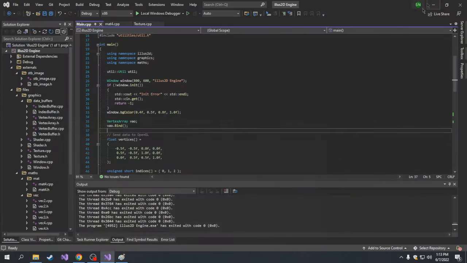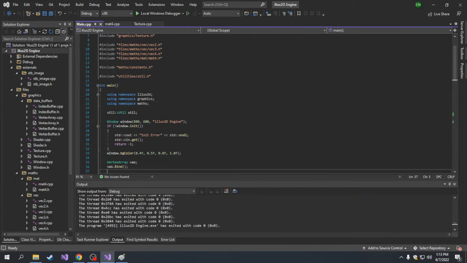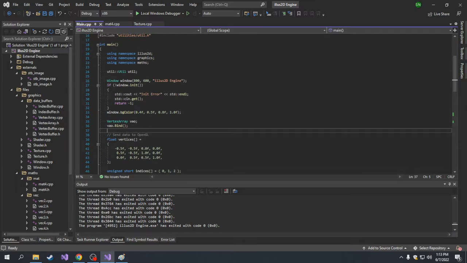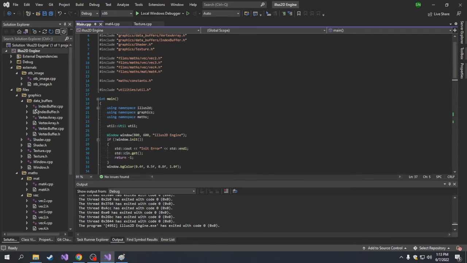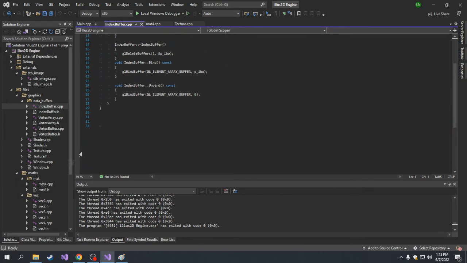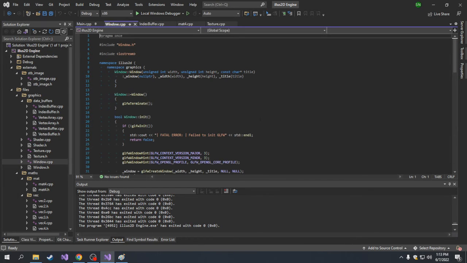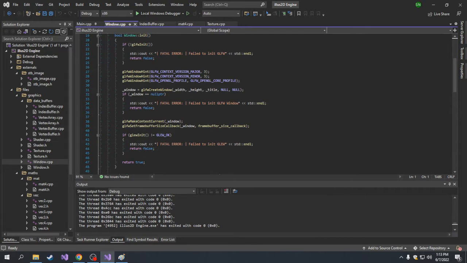Now currently what we are doing is we are writing our application in the main function of the actual engine project. That's never a good idea, because let's say you want to ship your engine, you want other people to use your engine. In that case, you don't want those people to see how you write the function, because that's confidential. It may not be confidential for just a simple hobby project that we're doing, but